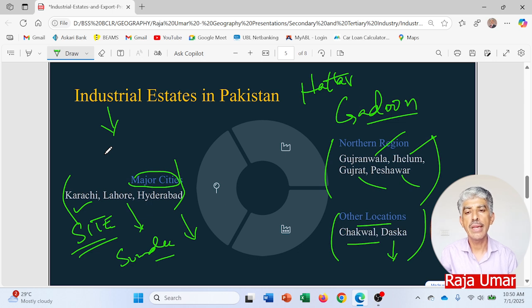So in industrial estates, number one, the product standards are not really maintained as per the international standards. Secondly, the land which is provided to the investors is on installments, and in the same way, at times the government provides the utilities, but the government does not give the connections directly. The investors are supposed to apply for the connections by themselves. The government supports them to gain those connections quite easily.